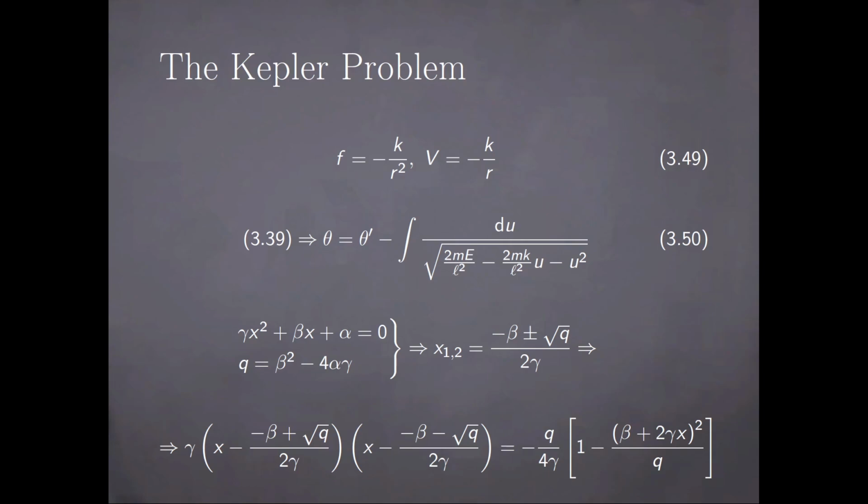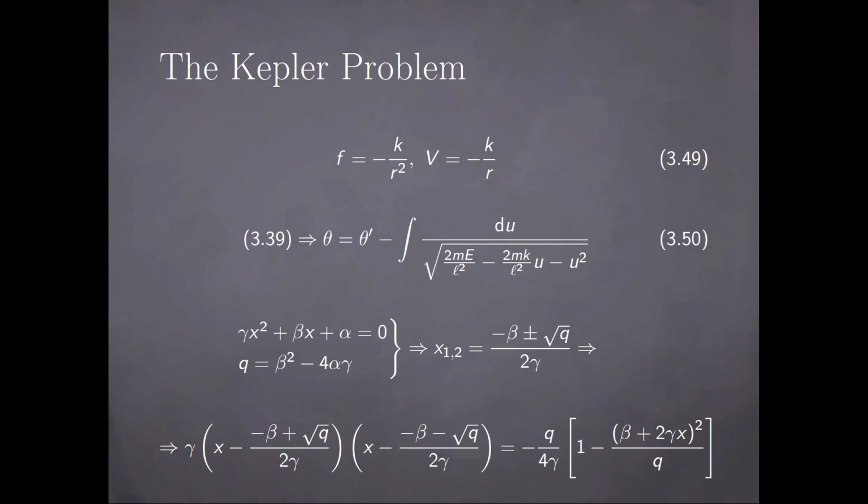And we already know from equation 339 that, up to some integration constant theta prime, the polar angle is given by the following integral. And the expression here can be solved exactly through the following observation. So what we have under the square root is